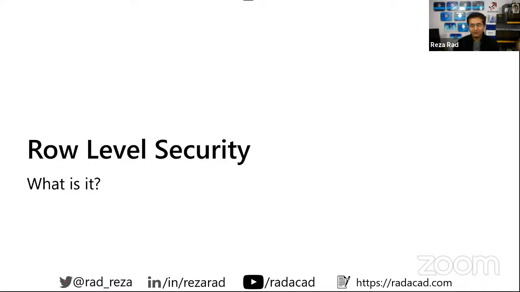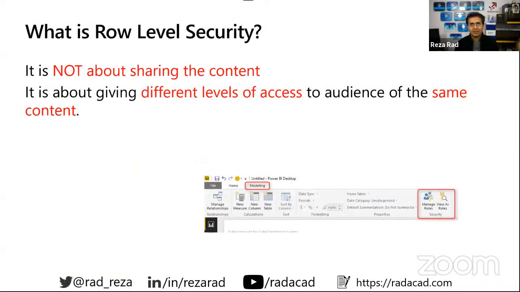Row-level security is about sharing one report or one Power BI content to a group of audience, but they only see their own data, the part of data that they are allowed to see. For example, a salesperson of California would see California's information. A salesperson of Washington State will see Washington State's information. They will have different levels of access.